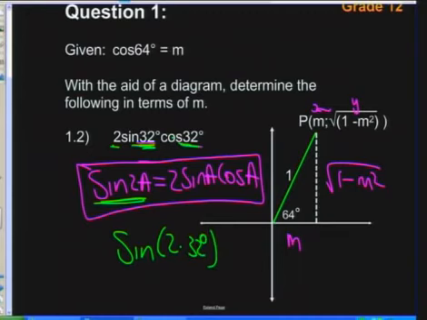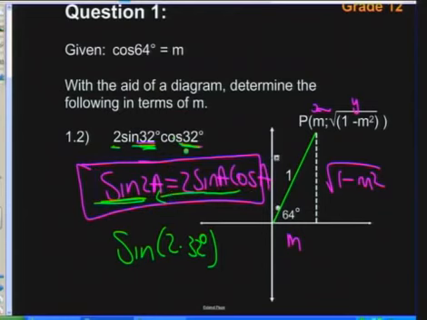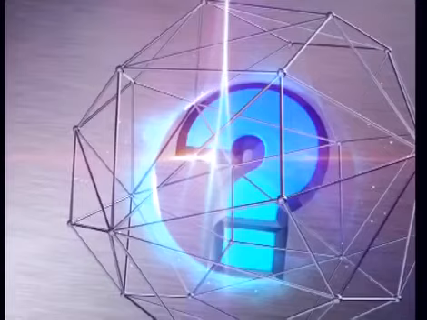How do I do this? Because this is 2 sine 32 cos 32. Then from the formula sheet, I have sine 2a. This is 2 sine a cos a. You can reverse this. So from there, you can move backward to there, which is sine 2 times a, provided this is the